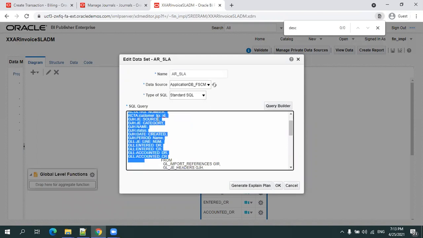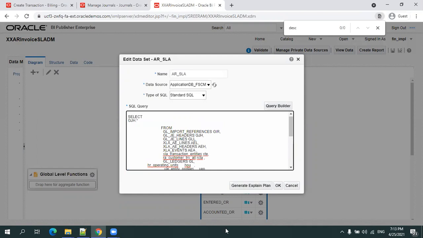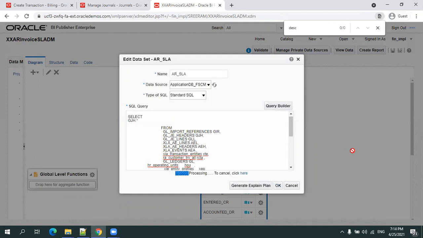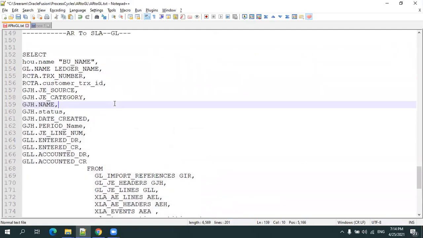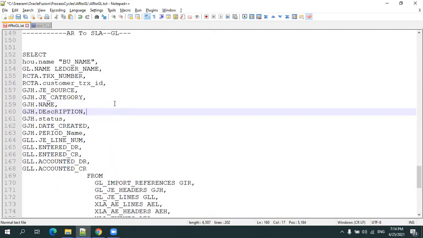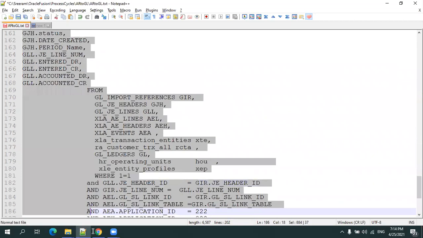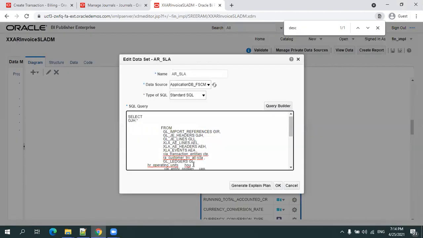I'll say gjh.star. In which column do we have the description? Yeah, description. I'll add description also for this one, gjh.description. Okay. Copy. Now change this query.